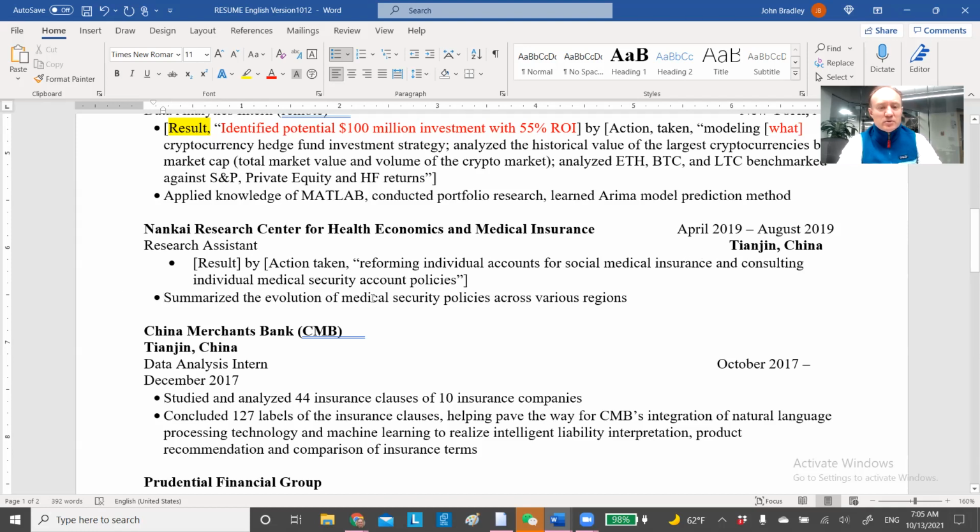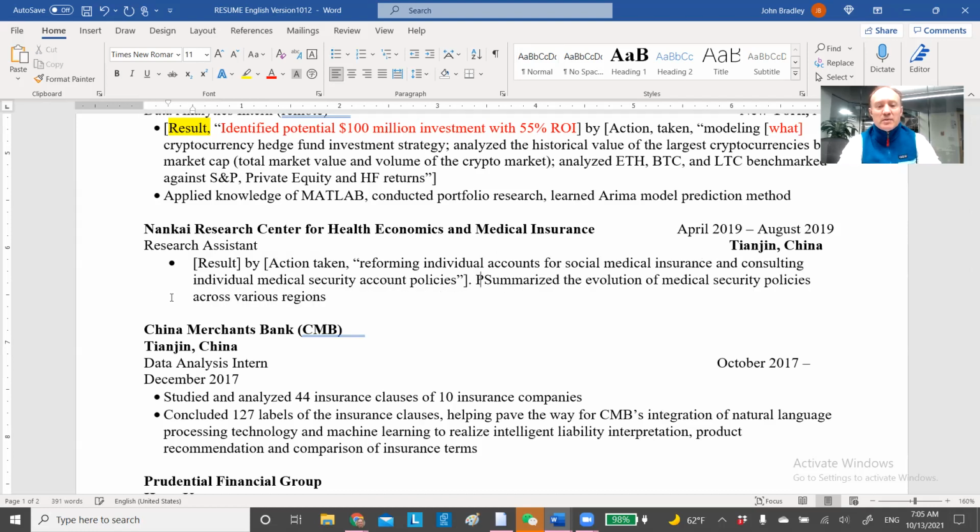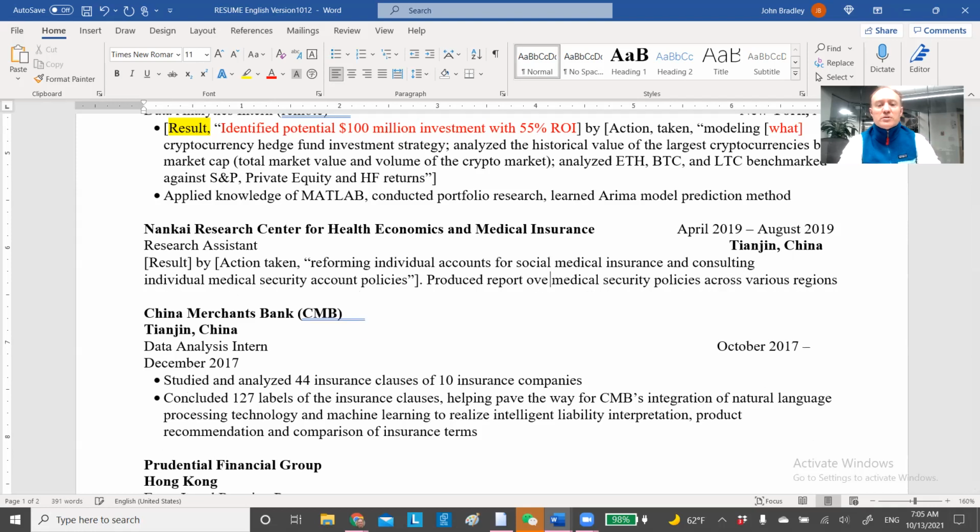Summarize the evolution of medical security policies across various regions. Okay. Did you produce a report? We could put this all in one line. Produced report summarizing, and then we don't care so much about evolution, but summarizing, produced overview, just say it, overview